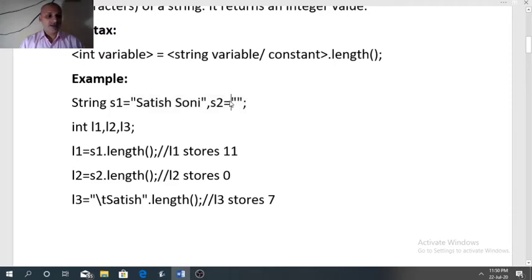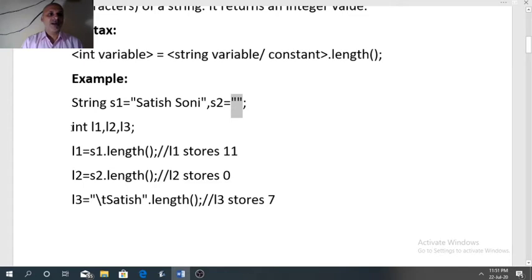Be careful, see here closely. S2 equal to two double quotes I have typed, and between these two double quotes don't enter even a single space. It means S2 stores blank, no character inside the double quotes.